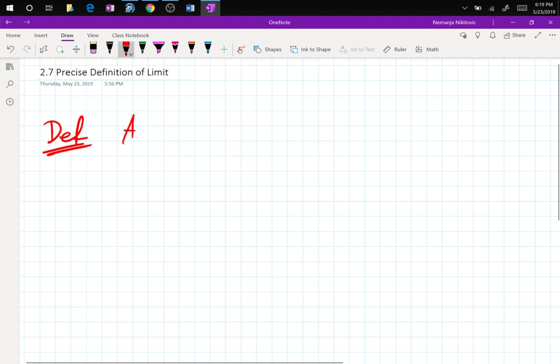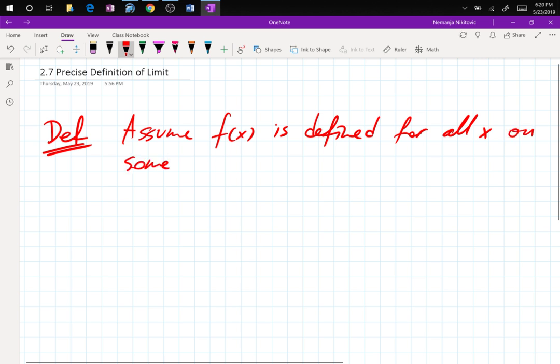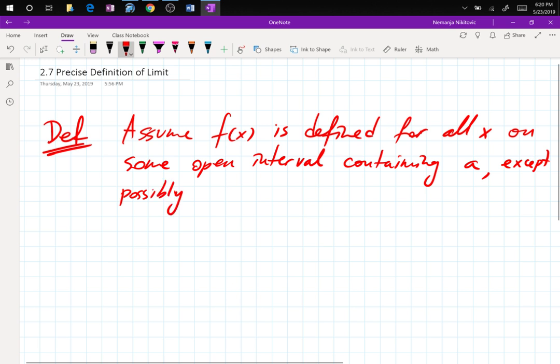So, assume function f of x is defined for all x on some open interval containing a, except possibly at a. So remember how limits do not require you to have a value at the point? That's the statement, except possibly at a. So this is the intro, and now